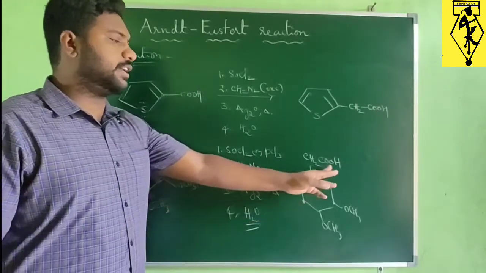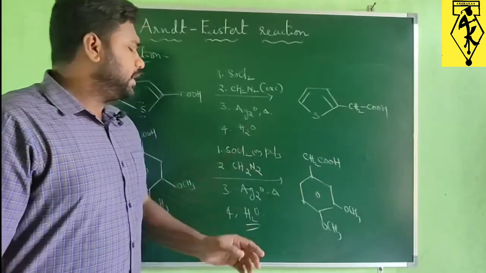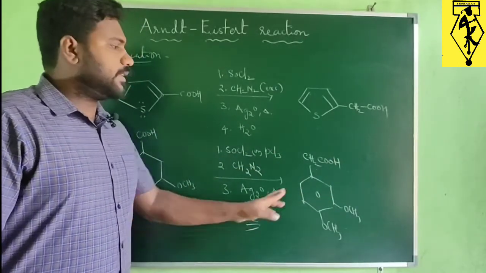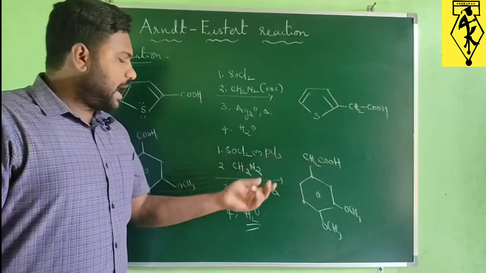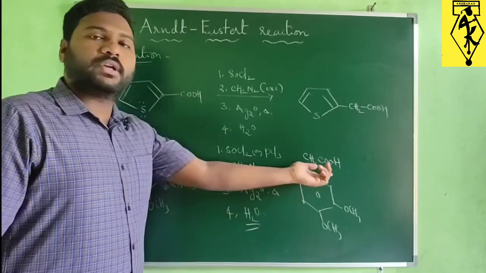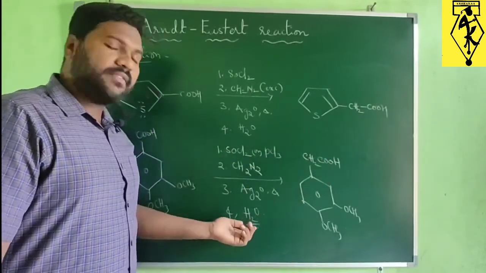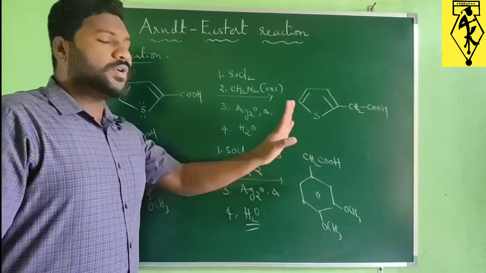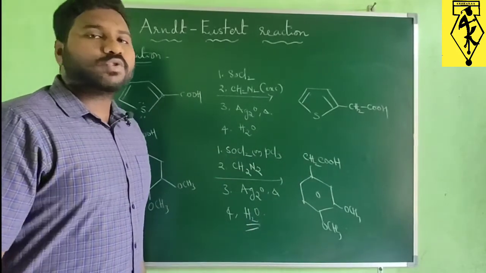at the end we are getting carboxylic acid. That thing you should not forget. If they have given alcohol here, we are going to get ester here. If they have given ammonia here, we are going to get some amide here. If they have given any primary amine here, we are going to get a substituted amide. That thing you should not forget.